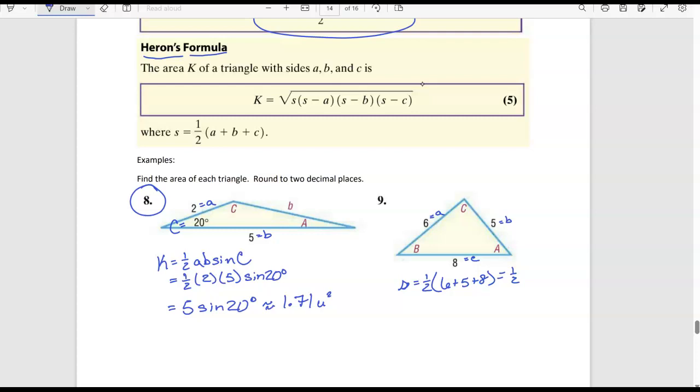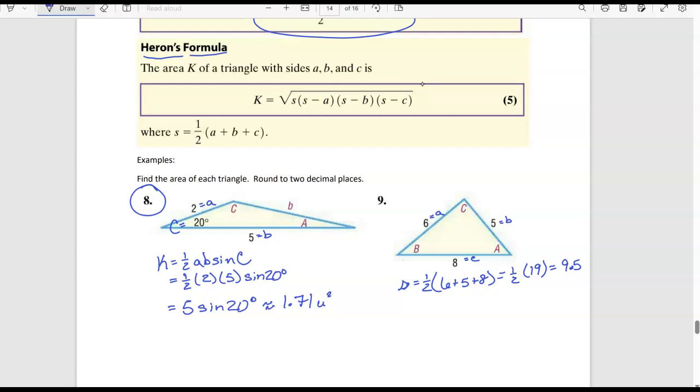So 6 plus 5 plus 8 is 19. And 19 divided by 2 is 9.5. Since that's a nice decimal, by nice I mean it ends, it's just one decimal place here, I'm going to use that decimal. If this were not a nice decimal,